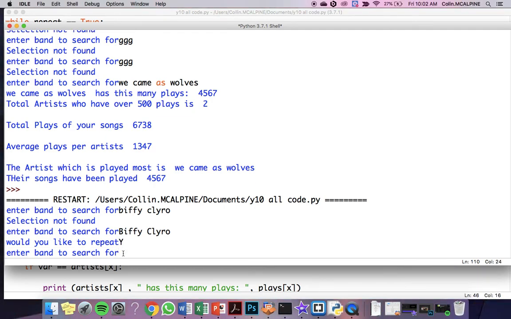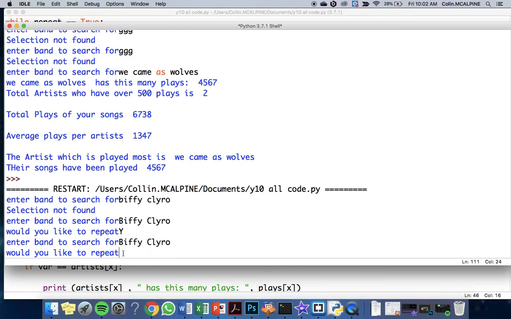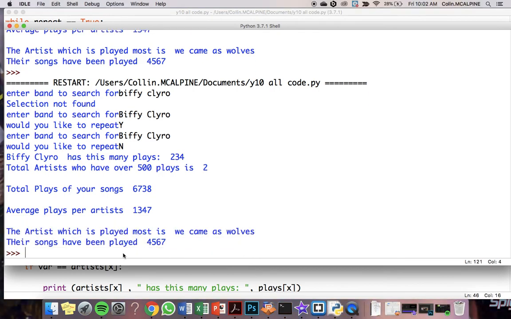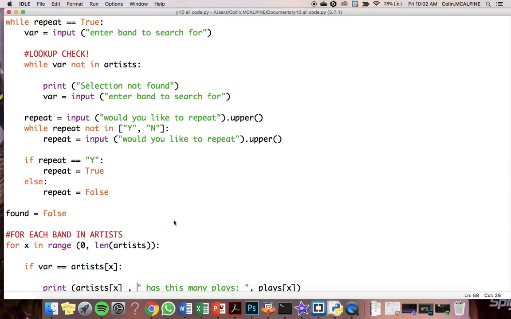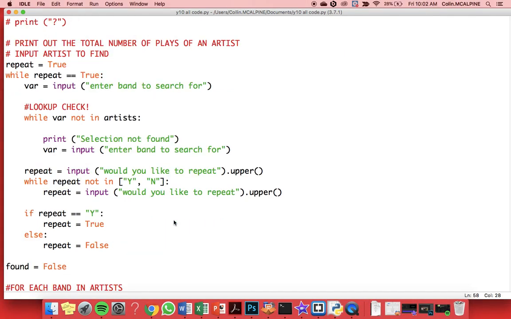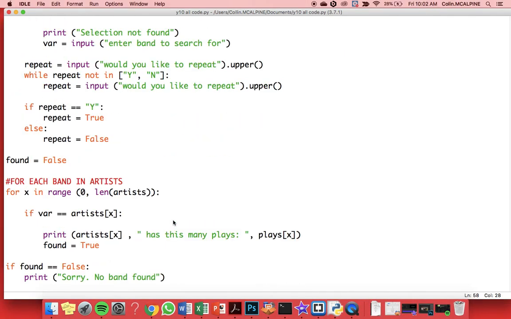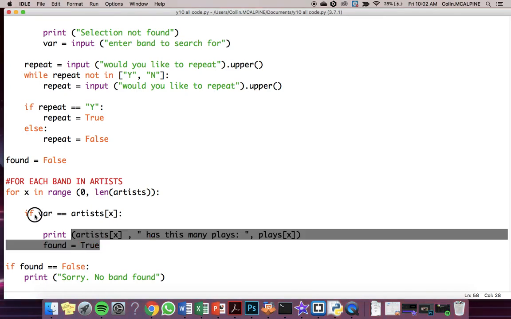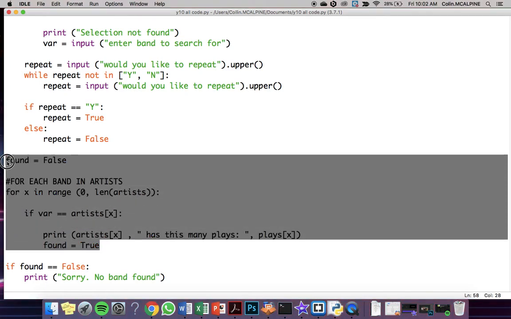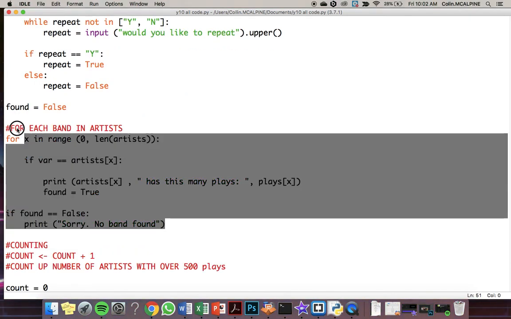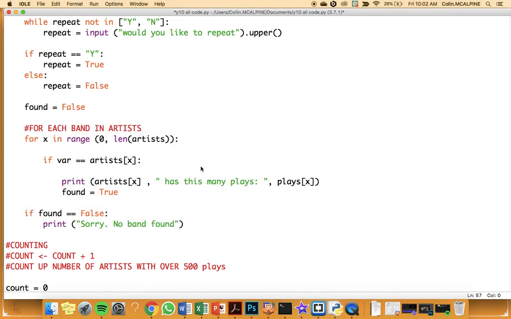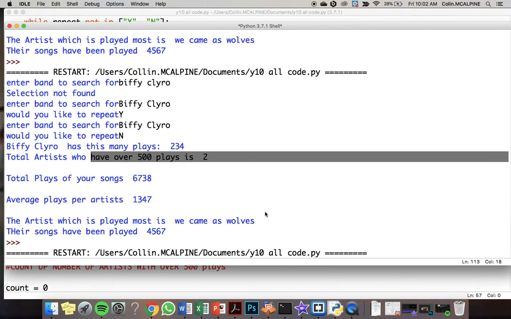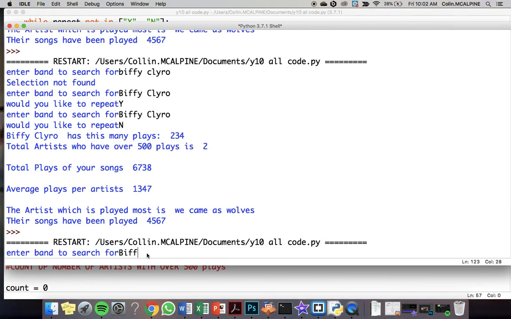So if I say yes to repeat, would you like to repeat? No, and then it moves on. Now that's messed up because I have accidentally deleted or not included the search part inside that loop. So if I want to fix that, I can go on and do the indentation of that part, and let's try that again. Let's search for the band,